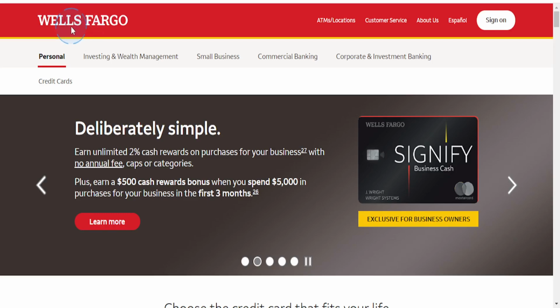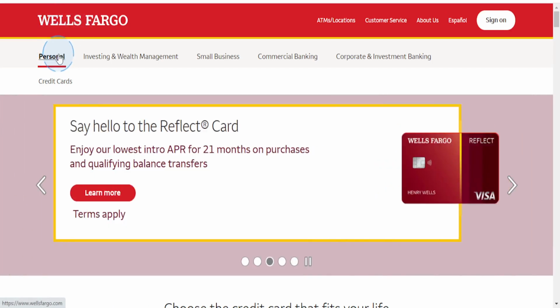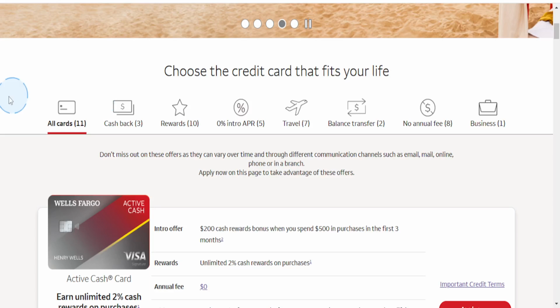So first things first, you want to visit the Wells Fargo website. Just open up your browser and go to wellsfargo.com, and then you want to navigate to the credit card section. Just click on personal, then click on credit cards. Okay, now here what you can do is scroll down and click on business credit cards, and you want to